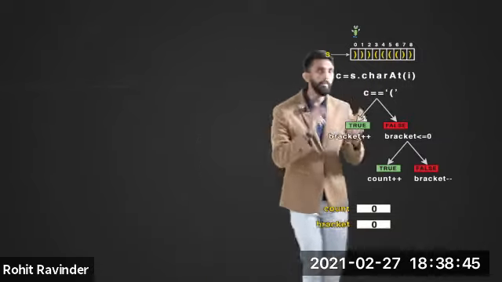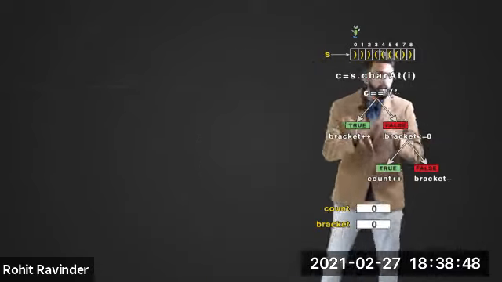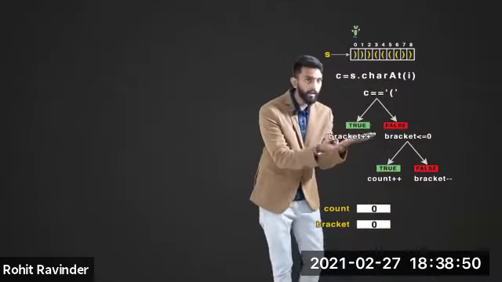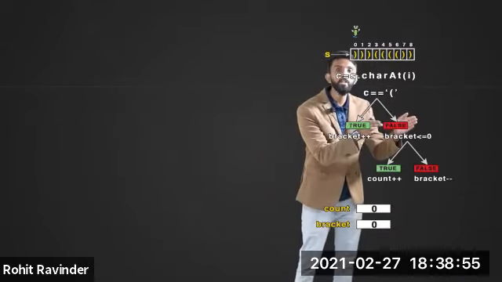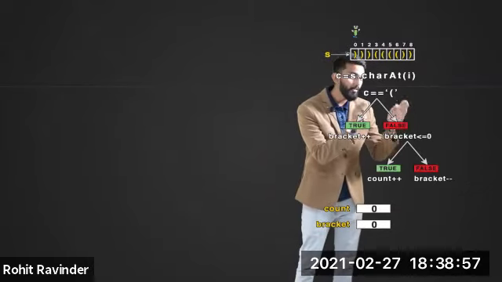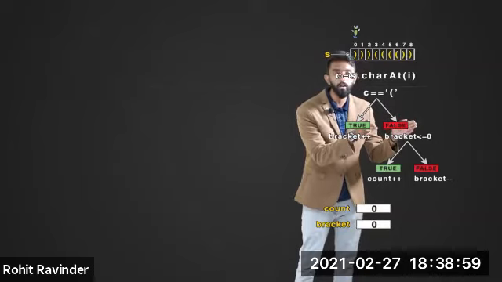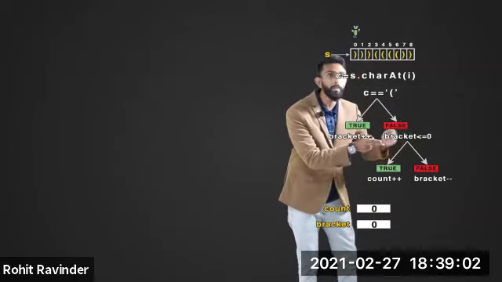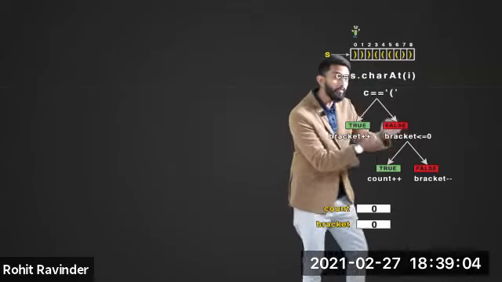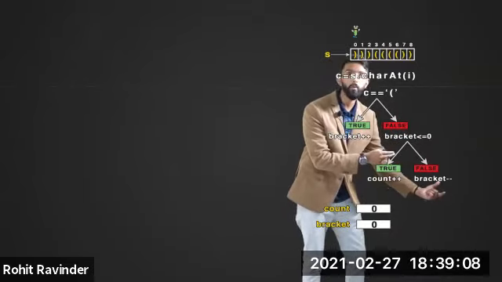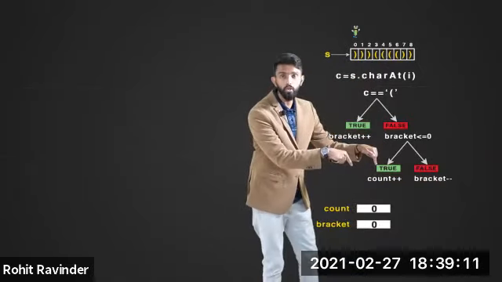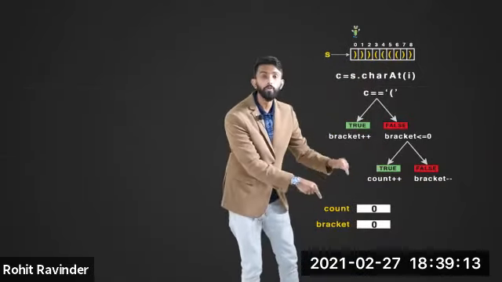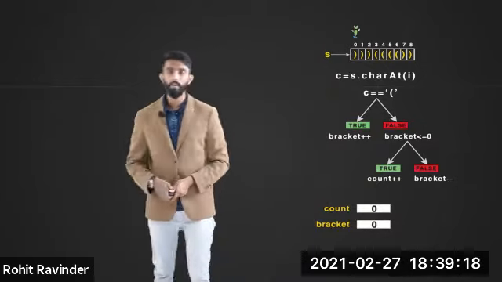So very simple. First check if it is an opening bracket. If it is an opening bracket, increment the value of bracket by 1. If it is not an opening bracket, it means it's a closed bracket. Now to check whether this is an imbalanced closing bracket or not, check whether there was any opening bracket, right? If there was an opening bracket, then reduce the bracket variable by 1. If at all it was true, then increment the value of count, because it means that it is an imbalanced bracket. It is as simple as that.